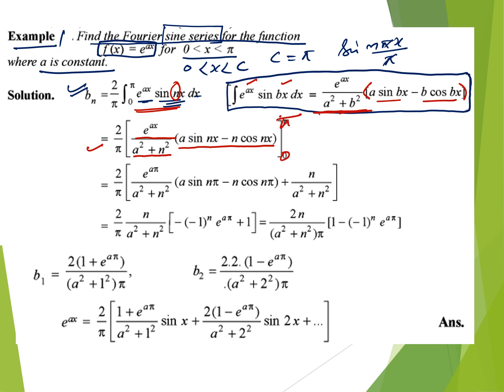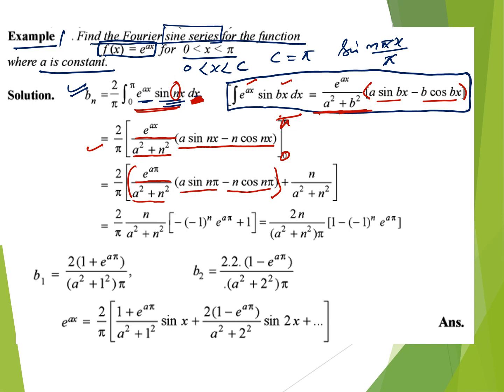Now substituting the limit, for the upper limit we have to substitute the limit for x. This limit is only for x because we are doing integration with respect to x. Now replacing the x with pi, we get e to the power a pi upon a square plus n square into a sine n pi minus n cos n pi as the upper limit, minus lower limit term is